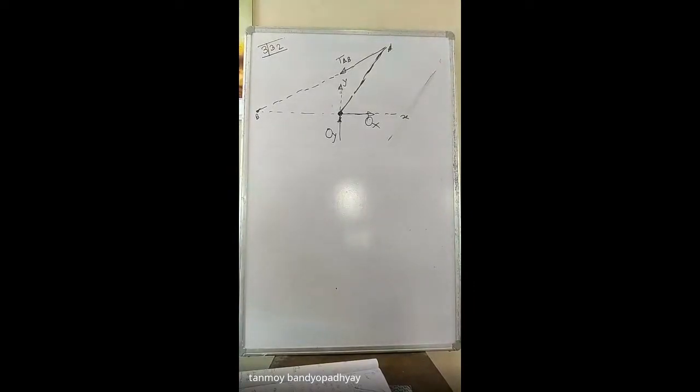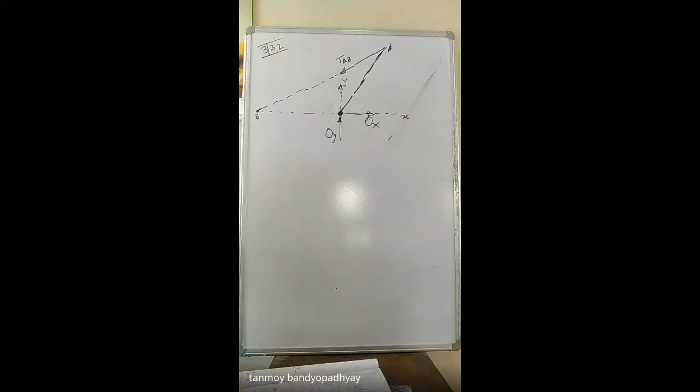Look now, since the pin at O is smooth and can easily rotate about the point O, there will be no reactive moments set up at the point O. There will be no resistive moments set up at the point O.